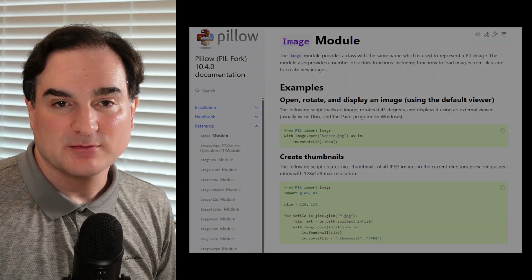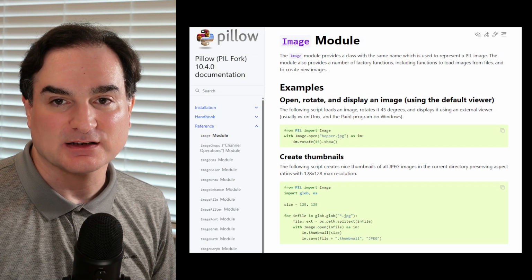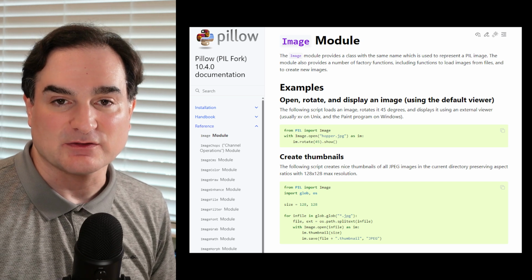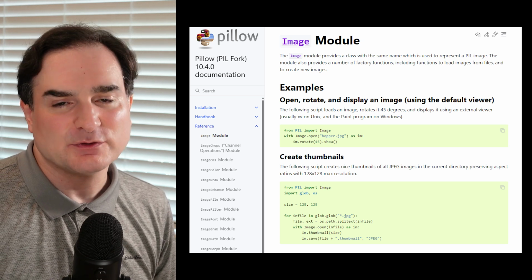Python's standard library contains modules for processing data in many formats, but image processing isn't really supported. For that, you need to turn to third-party libraries, and the best known and longest lived among them is the Python Imaging Library, or PIL, now known as Pillow. Pillow is for modifying image data and converting images between formats, and it uses a library written in C for fast processing. It's not for displaying images.